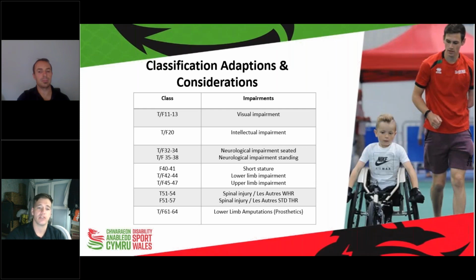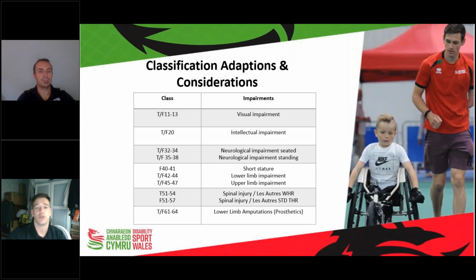And obviously going back to the seated, wheelchair racing is for 33s to 34s. There is no wheelchair racing event for 32s because 32s are predominantly electric wheelchair users. But there are other events that 32s can do if they don't choose to throw. So obviously there's wheelchair slalom and other events that are available to them in cerebral palsy games and cerebral palsy events. Going on to the 40s,